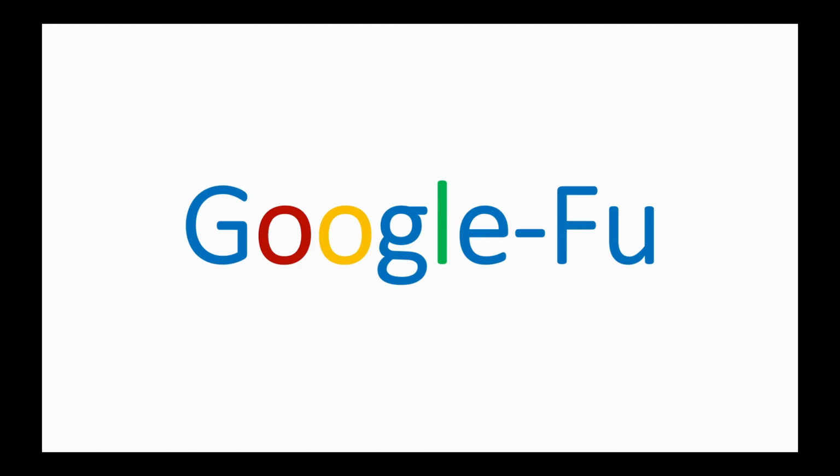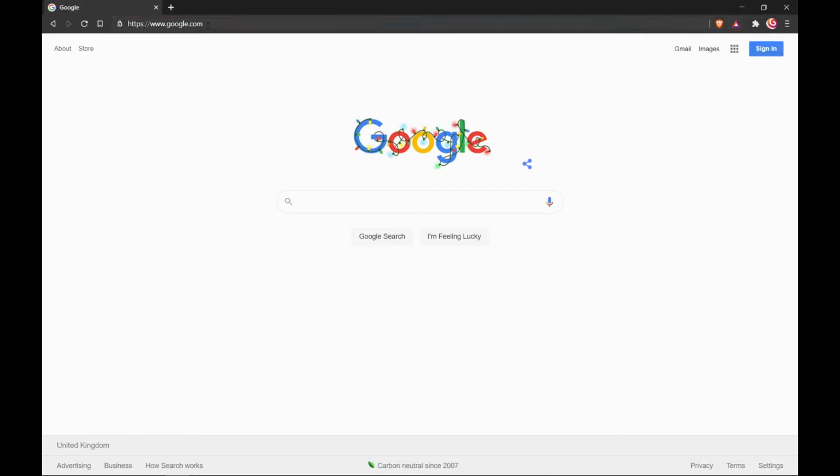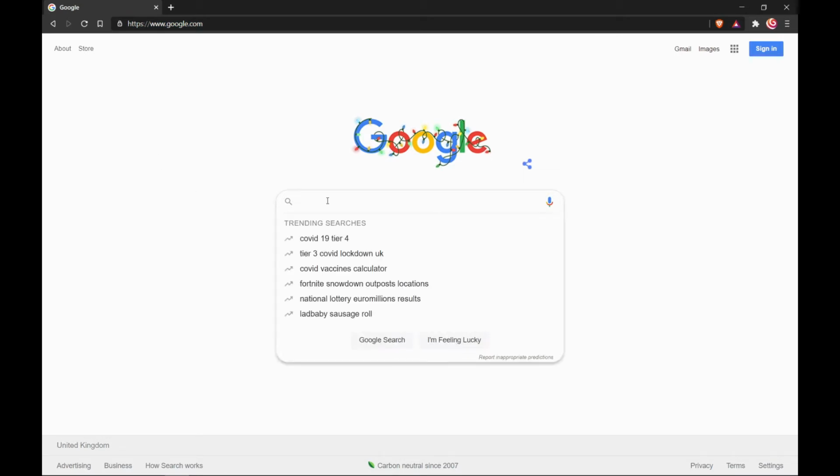So the first thing I want to search using Google would be to check for exclusions. So suppose I want to search using Google something excluding some items, then how would I search? I use a symbol called the minus symbol. So here I'm on google.com and I want to search for